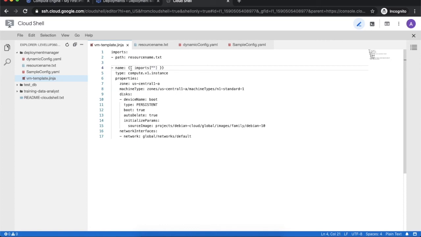And over here, instead of the hard coded name, we need to take the name from this particular file. So we will choose it like double colon imports, then you need to define the square bracket, double quotes, and close the double colon, and over here you need to define your file name. So we are parameterizing the name inside my template.